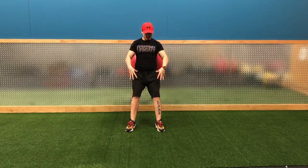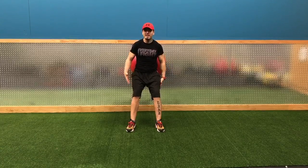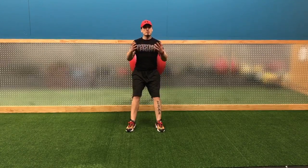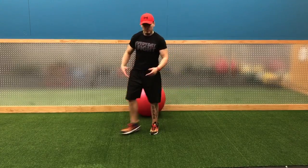The first place you might start to feel it is right in your quads, but it's not abnormal for you to feel it in other places where you might be slightly weak. Now, if you wanted to add some weight to this and make it a little bit more challenging,